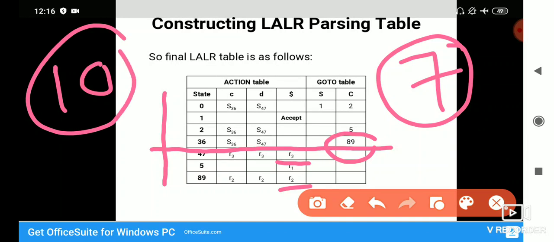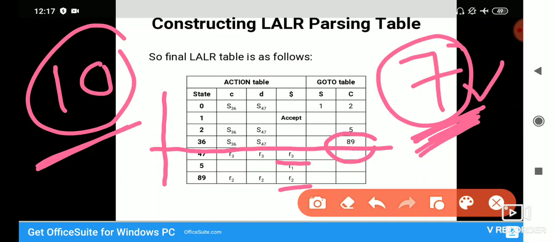So I suggest you find the SLR parsing table for this given grammar. There you will find that only 7 states are created. You can make the SLR parsing table for this grammar. And CLR we have already done, we found 10. And LALR we found again 7. So here you will find the combination with SLR: SLR has 7 states, LALR also has 7 states. And with CLR, what do we find? We find the lookahead symbol and the component being used from the CLR table. So this is where we complete this.